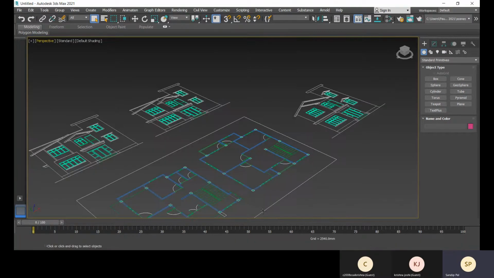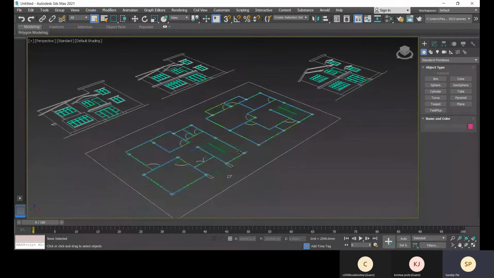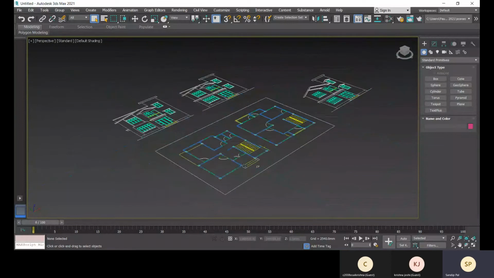So click OK and see, I have uploaded. Now if I go to the Create tab, the Geometry option is available. Under Geometry, if I go to AEC Extended, I can get this Wall, Railing.